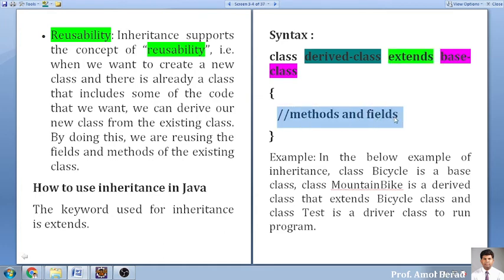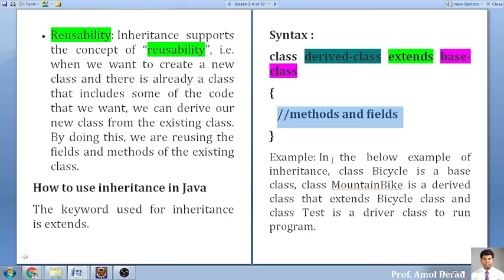Whatever methods you want to newly write, you can write them within this main function or within this parenthesis. Is it clear to everybody? Yes or no? Is it clear to everybody? Yes, sir.